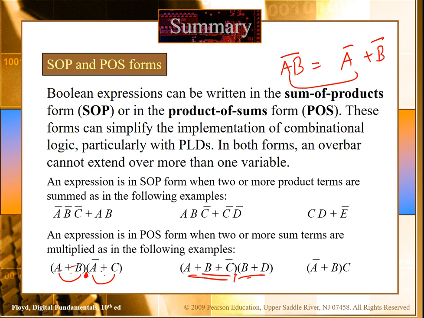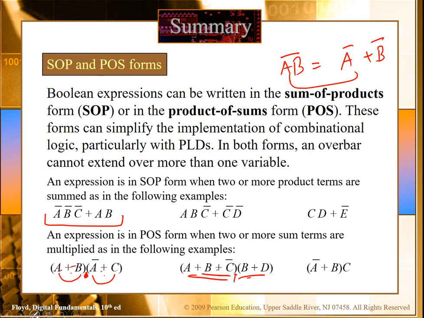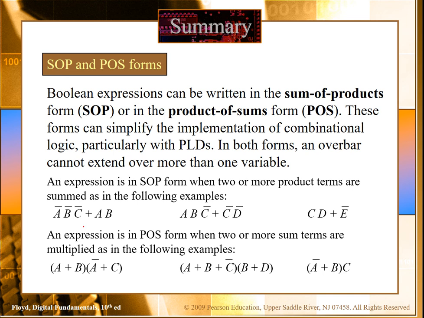Now we learned in the first part that we can simplify these expressions so that we can get the minimum number of gates. The idea of simplification is that we can reach the minimum number of gates with which we can implement our digital logic, whatever logic we are going to implement. If you look at this expression, we have three variables A, B and C. These are the product terms, and they are being summed. So this is the sum of product form.